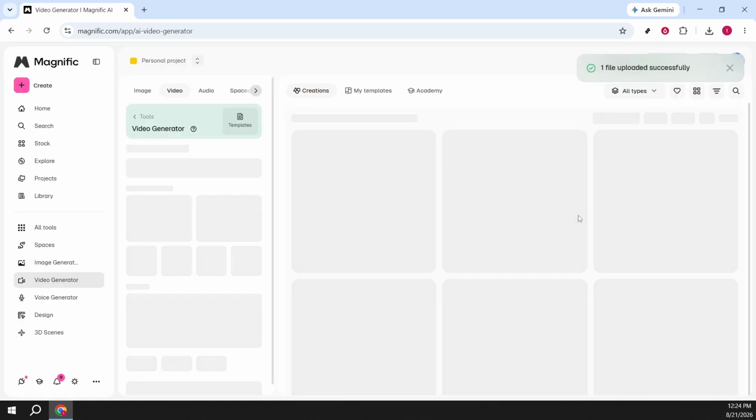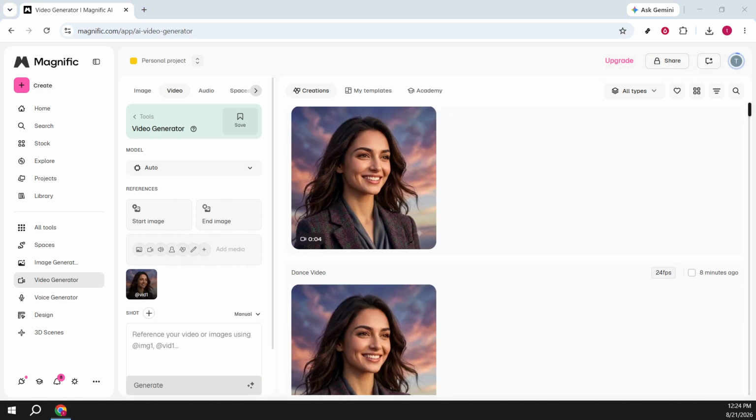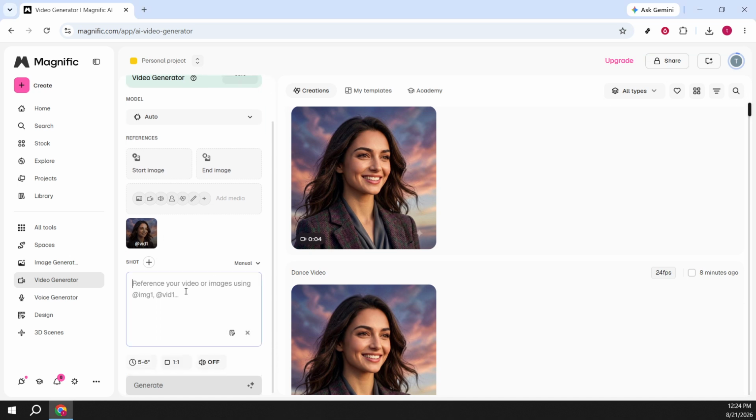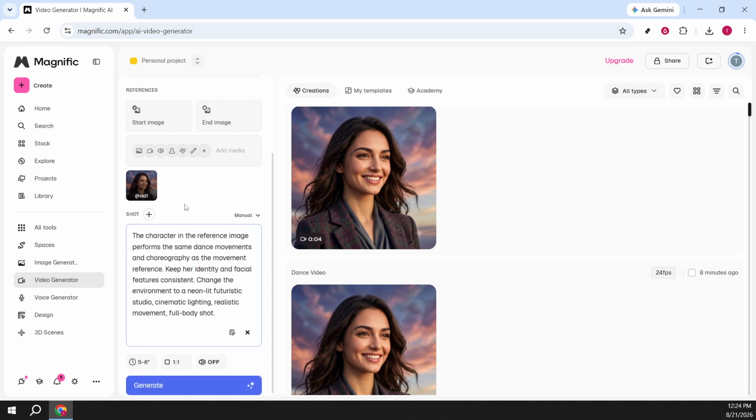You'll land in the AI video generator with your reference locked in. Type your prompt to describe the visual style you want. Be specific about the setting, the dancer's appearance, clothing, lighting, camera angle, and mood. For example, you might describe a cinematic studio look, soft spotlighting, and a slow dolly camera to elevate the choreography